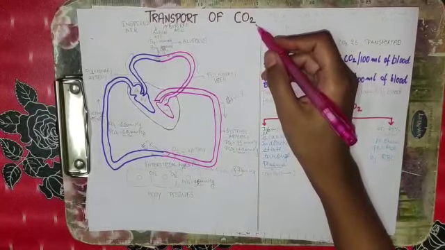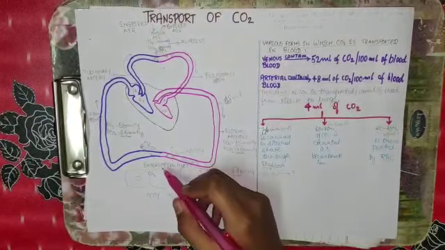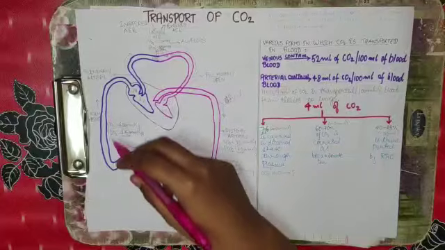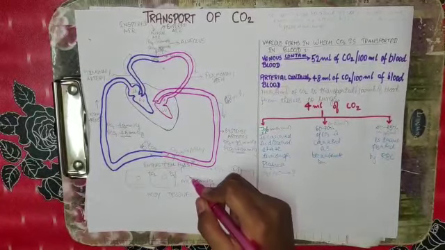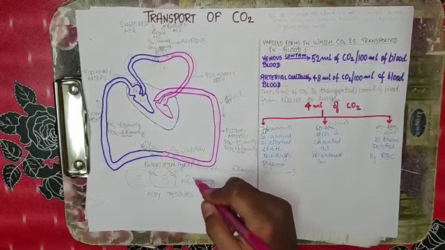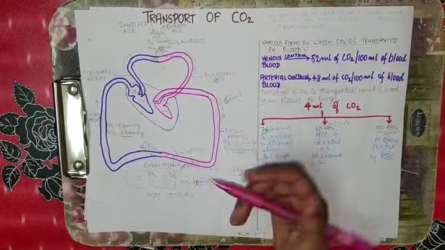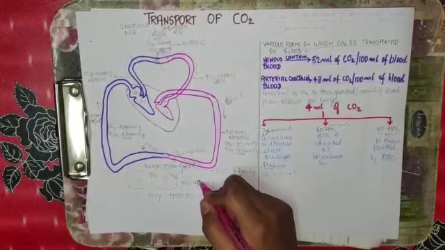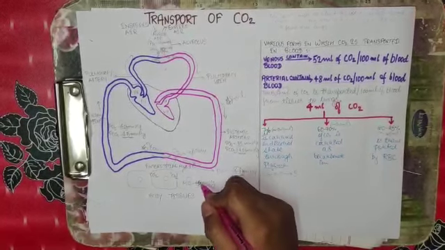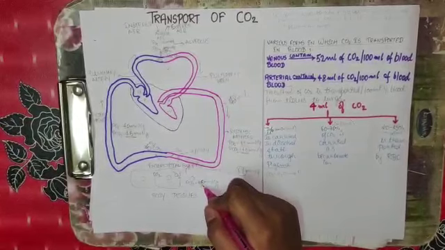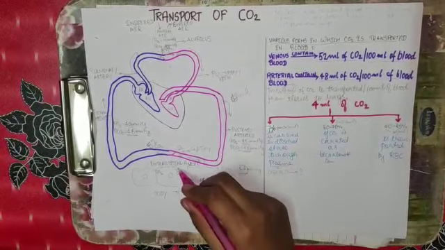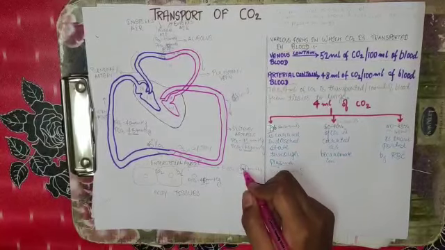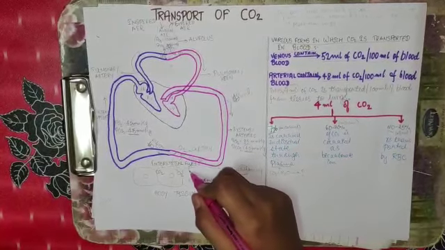Blood is the medium for transport of CO2. CO2 is carried from tissues to the lungs through venous blood. As we know, cells constantly metabolize, continuously doing aerobic respiration. Due to that, CO2 is produced, and the intracellular partial pressure of CO2 is 45 mm of Hg, and the partial pressure in interstitial fluid is approx 44 mm of Hg. So due to this pressure gradient, CO2 will move from